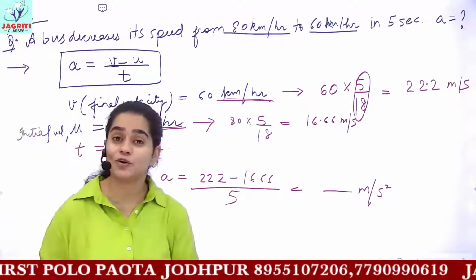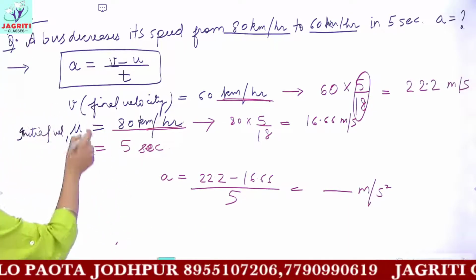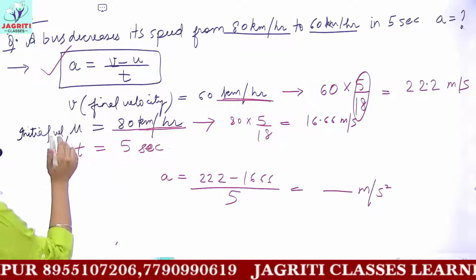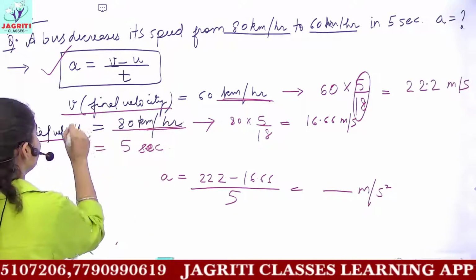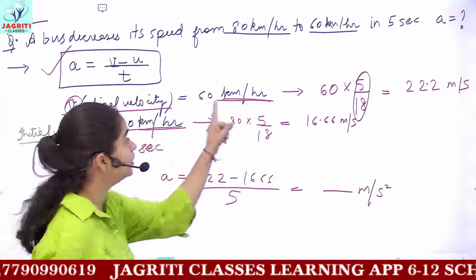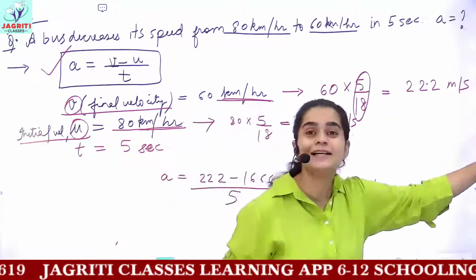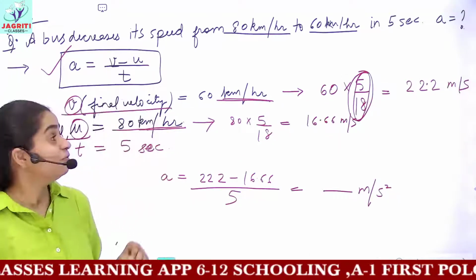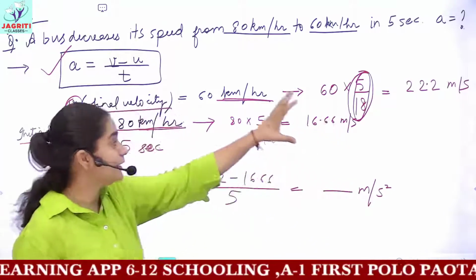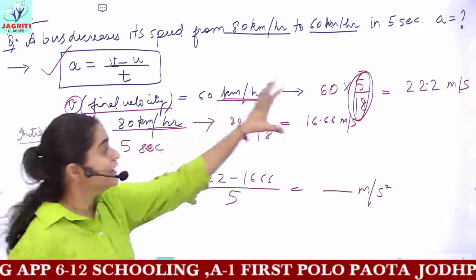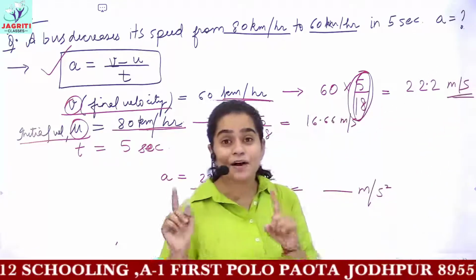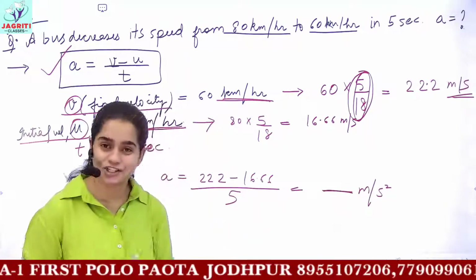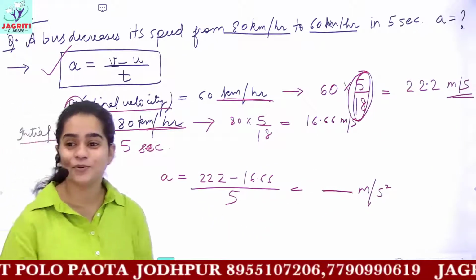I hope you understood the concept. It is very easy. We directly applied the formula which we have for acceleration. What we did initially is convert the final velocities and the initial velocities into their SI unit, that is into meter per second. And how did we do this? By multiplying with a constant fraction, that is 5 upon 18. So this made all the physical quantities into their SI units, and after converting into the SI units, we easily got the answer for acceleration. So this was a simple question related to acceleration.